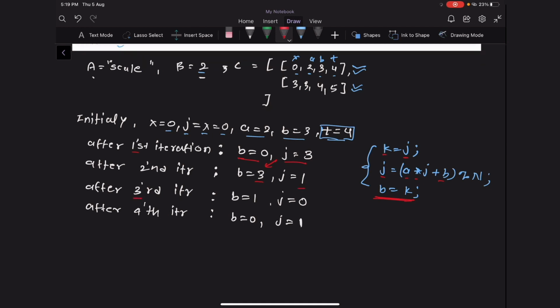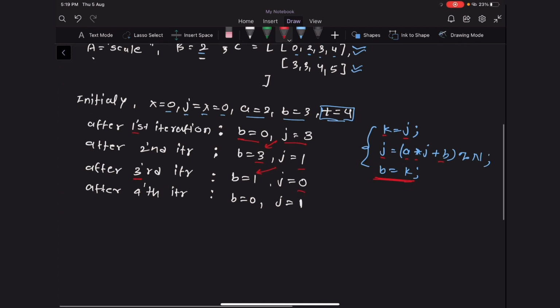After the third iteration, the value of old j will be stored in b and the value of new j will be 2 times 1 plus 3, which is 5 mod 5, and it will be 0. And after the fourth iteration, b will take the value of old j and the value of new j will be 2 times j plus b, which is 0 plus 1 modulo 5, and it will be 1.